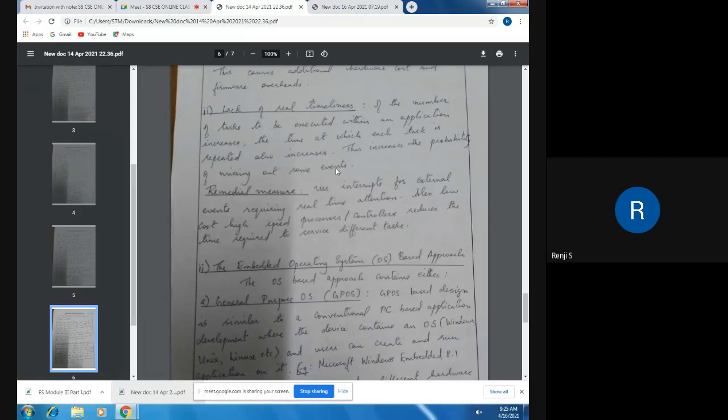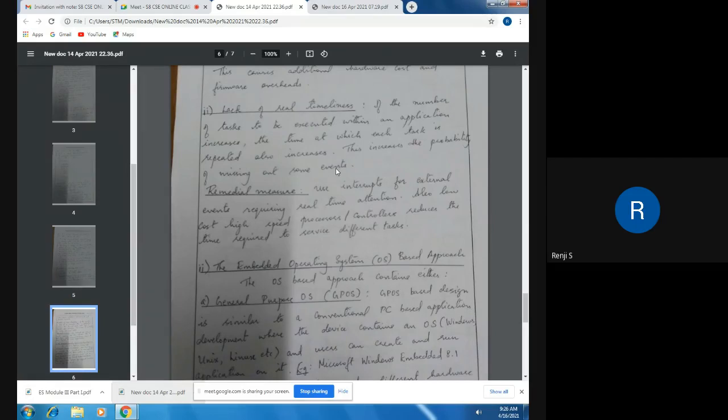The time to repeat a task also increases. And this will cause certain events to be missed out. That is, task one has certain events, and task one detects these events only when it is in execution. But if the event has occurred before its execution or after its execution, then it will lead to missing out of some events. So if the tasks increase, some of the functions may not work properly. As the tasks increase, the time of repetition increases, and it leads to missing out some of the events.